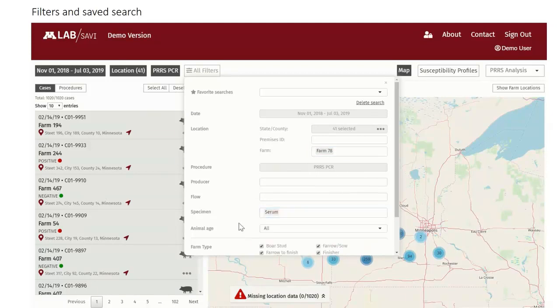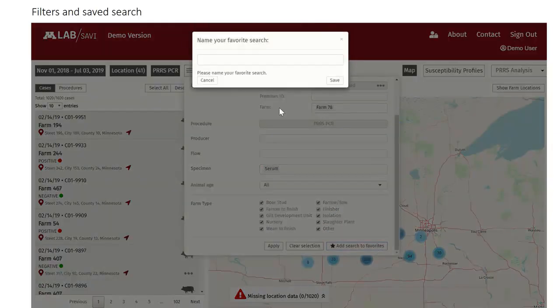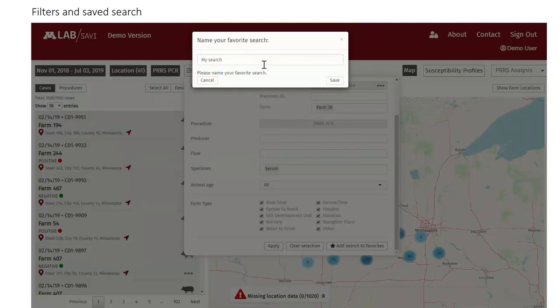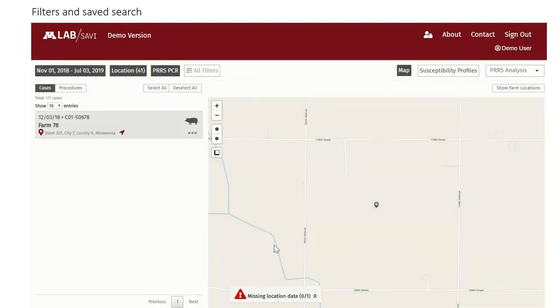If you want to just search based on specific samples, if you just want to look at what your PERS PCR results are, for example, for processing fluid, you can scope it down that fine and use that as your search parameter, and then again, save it as a search if it's something that you want to come back to for a future time. Okay? So based on all of those criteria, you wound up with one farm that had one